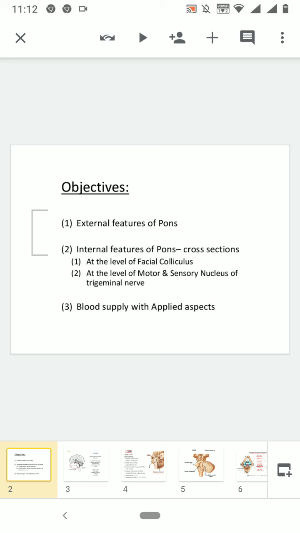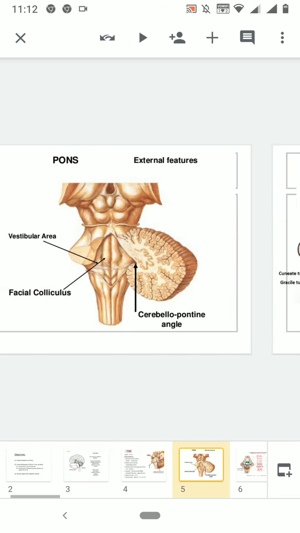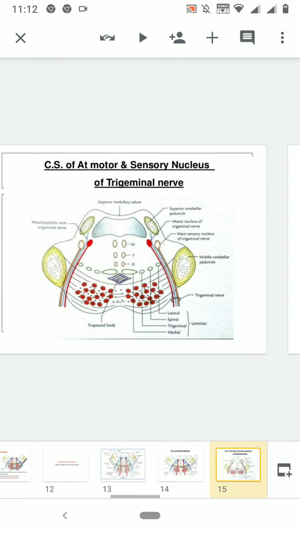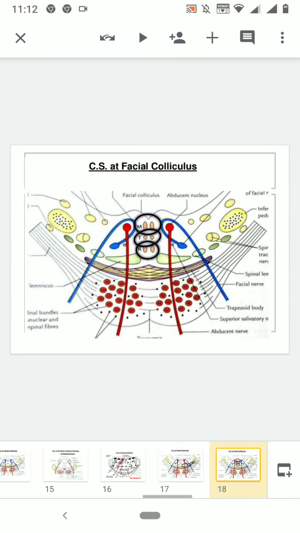As the name suggests, it has only 2 nuclei, the motor nucleus and the sensory nucleus of the trigeminal nerve. Remember that the basilar part of the pons in both sections, that is the lower level and the upper level, is similar, so you don't have to worry about it. Next, definitely we talked about the blood supply, and we talked about some of the syndromes which are very interesting. You can go back and see all the syndromes. So I think this more or less covers the Pons class, and you are going to read up the Pons class.